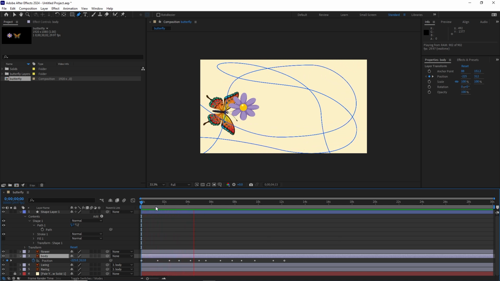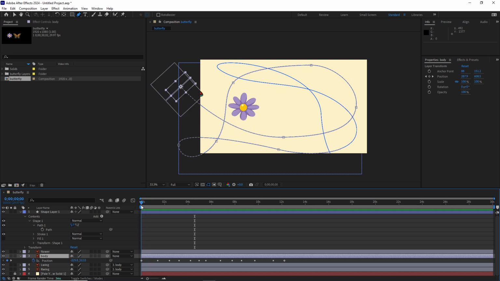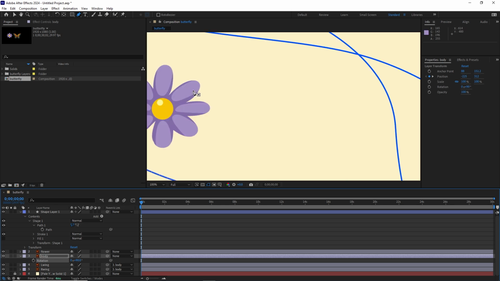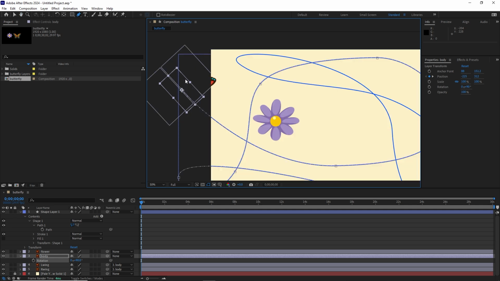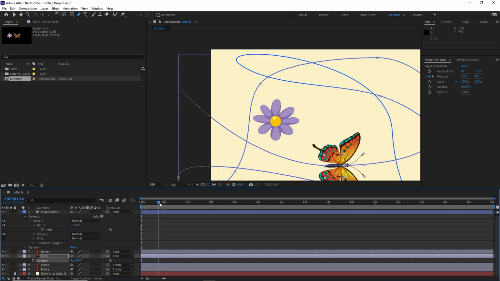So what I need to do is go to the first keyframe. I will press R for the rotation on the body, and I am going to rotate this correctly. This is out of the view, but you can see that right now it is rotated correctly. You could go anywhere, and basically while you are on the path, you just want to rotate this correctly on one place,